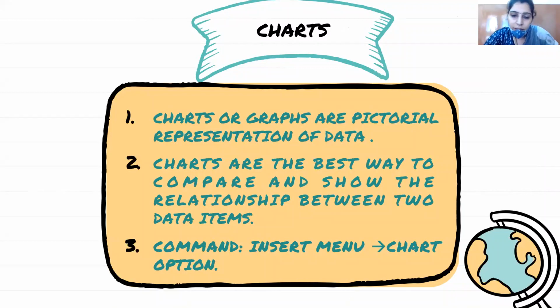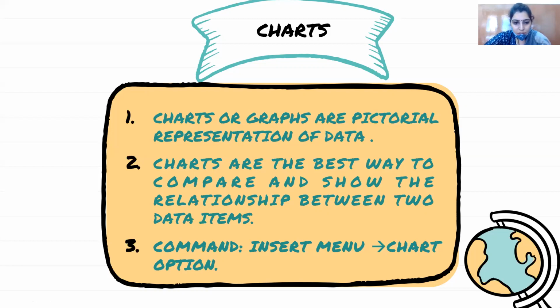Okay, next, again an important topic, that is charts. Next week we will be doing the practical portion. All these functions we will do practically, and how to insert a chart practically, I will show you with a demo, right? But for now I have to finish the theoretical part only. So I hope it will finish this week. So charts: when you want to represent the data of your worksheet graphically, pictorially, those are charts. With the help of a chart, you can compare the data, you can analyze your data, and you can establish relationships also by creating a chart.